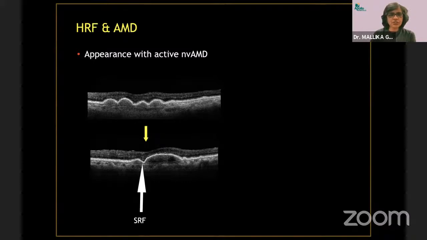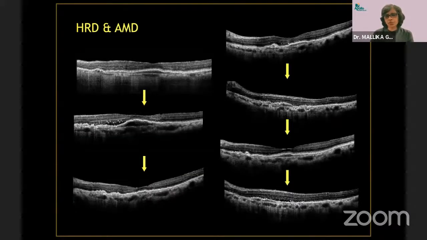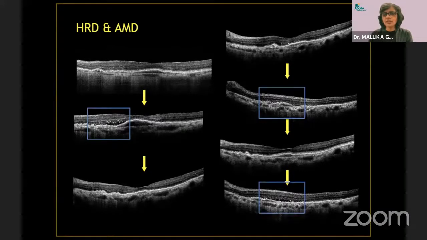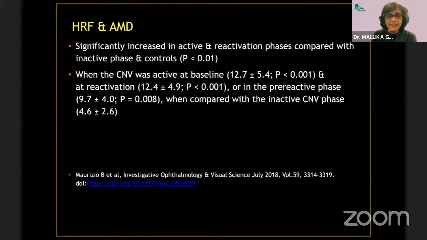For example, this is a patient we were watching with dry AMD and drusen, but you see when he developed fluid, a pocket of SRF, he also developed these hyperreflective foci. This is another patient who is being treated for AMD, and you can see that she develops these hyperreflective foci whenever she gets fluid, but at all other times, she does not have these lesions. So possibly they are a harbinger of activity. If you start seeing these, you may expect that the patient may be reactivating.